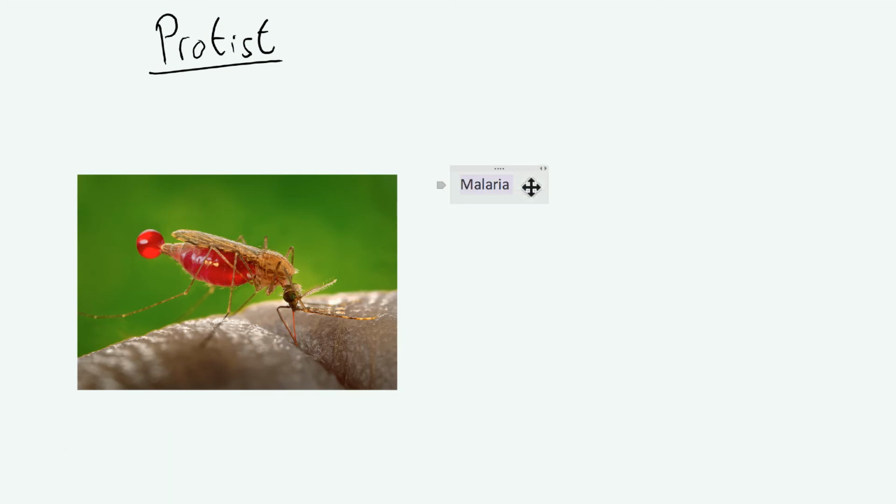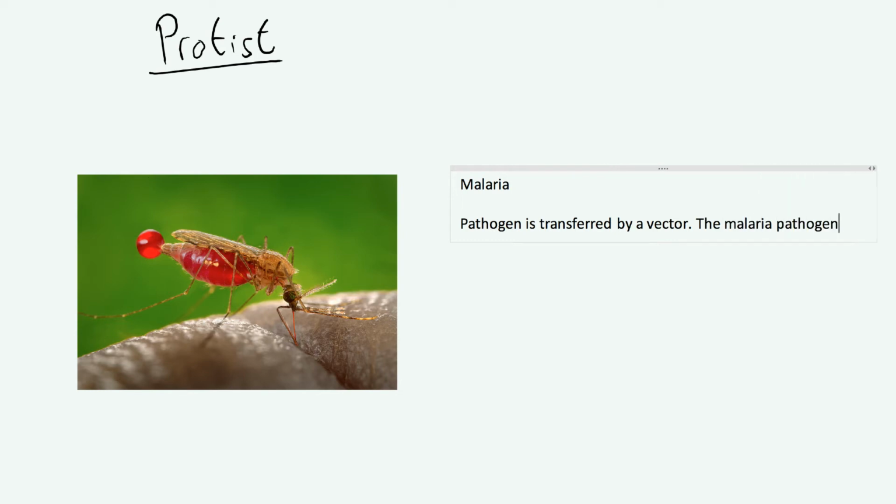Now remember that we said a protist is something which normally is transferred by a vector. So the pathogen is transferred by a vector. The malaria pathogen, which actually is called Plasmodium falciparum if you wanted to know the full name, but you don't need to, is transferred